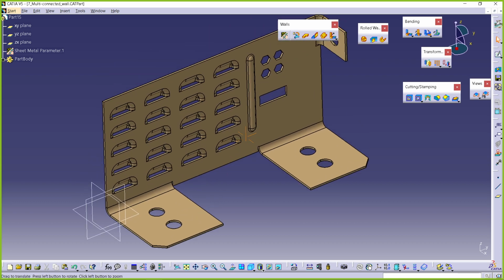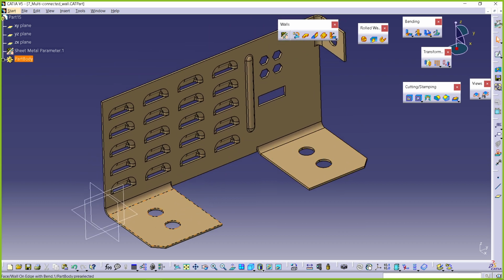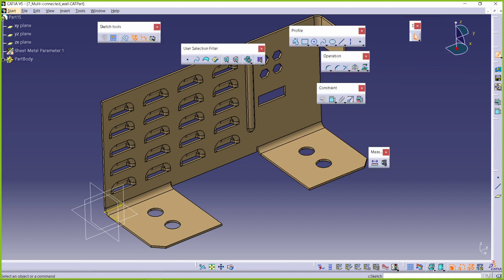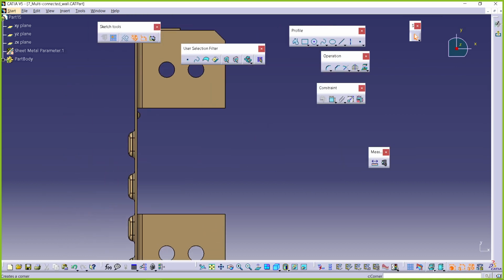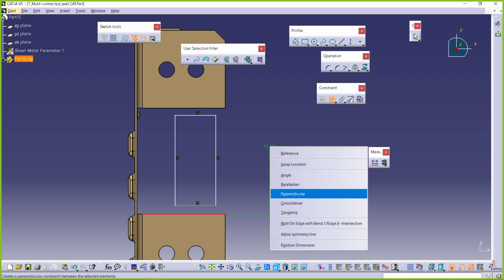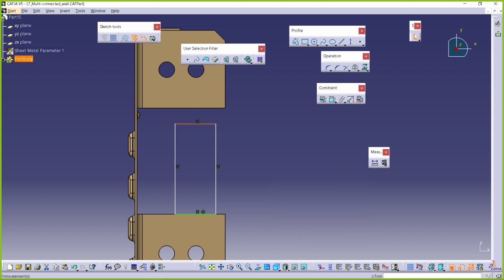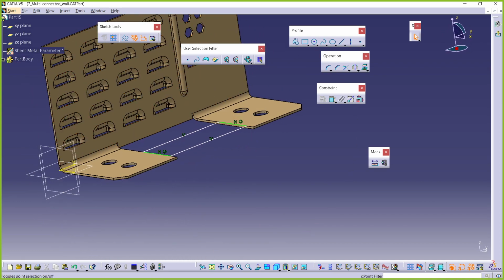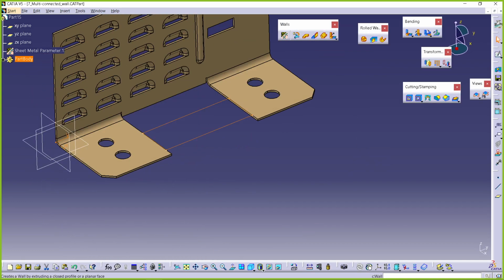Okay, now I want to connect this one with a rectangular profile. So I will just click on the surface and go to the sketch. I will create a rectangle. Coincident. Coincident. Okay, now if I go for creating the wall,